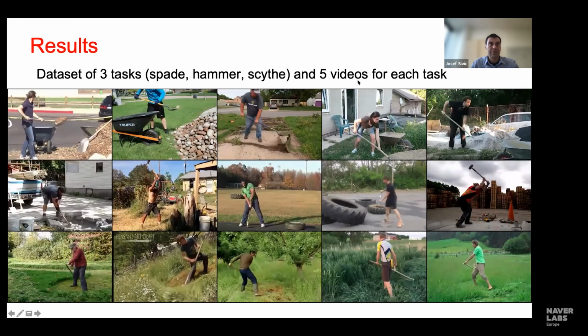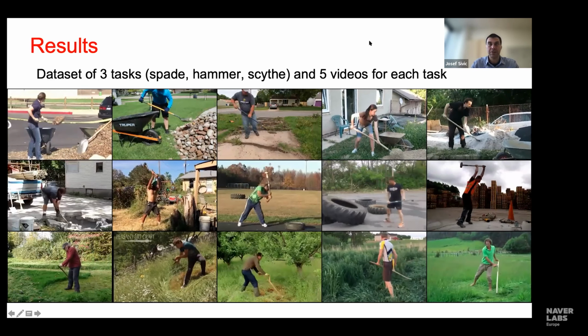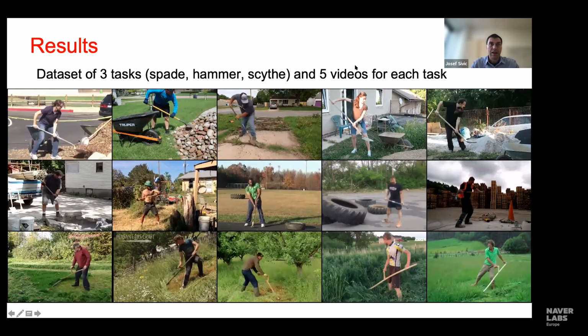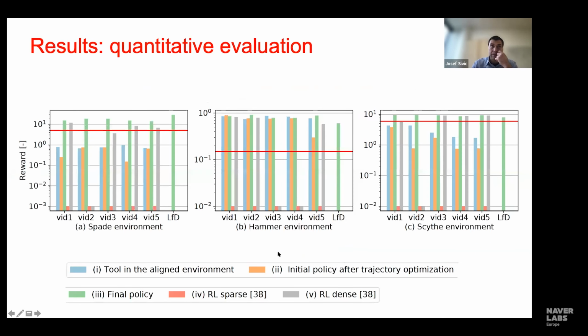Here we have a data set, in this case 3 tasks, spade, hammer, and sickle, and 5 videos for each task. For each of these tasks, we have an environment we designed with a sparse reward, which is in this case transferring material, hammering a nail, and an environment for cutting grass. We do have a quantitative evaluation in the paper, but in the interest of time, I will skip it at the moment